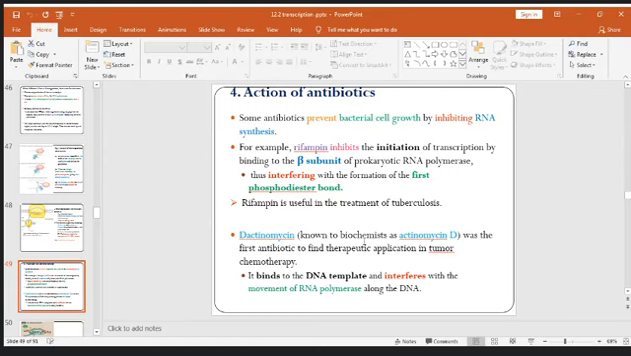Another one, dactinomycin, which biochemists often call actinomycin D, was the first antibiotic to find therapeutic application in tumor chemotherapy. It binds to the DNA template structure and interferes with the movement of RNA polymerase along the DNA. That means it blocks the RNA polymerase from undergoing movement on the DNA strand. If it cannot move, the copying cannot take place. If the copying is not taking place,